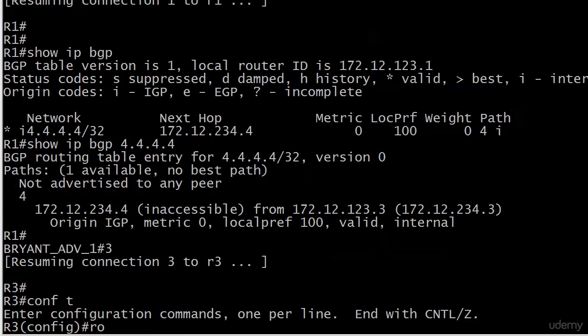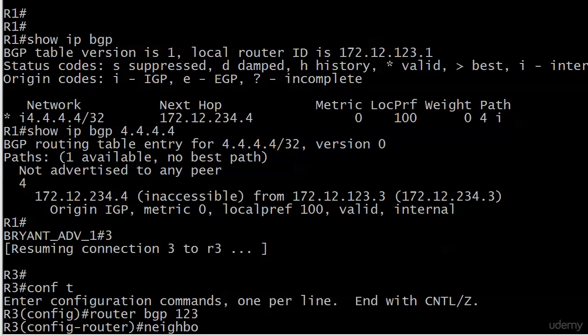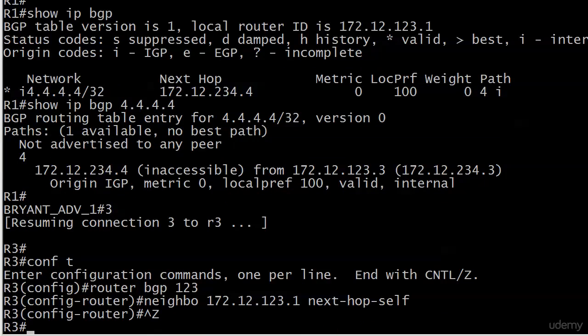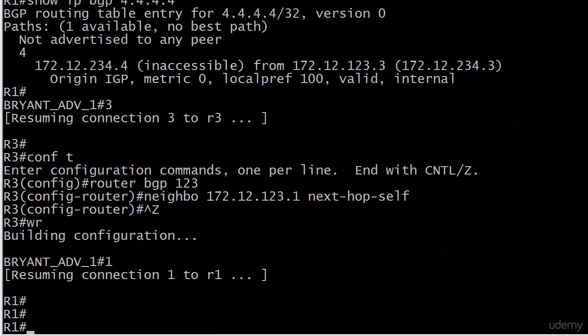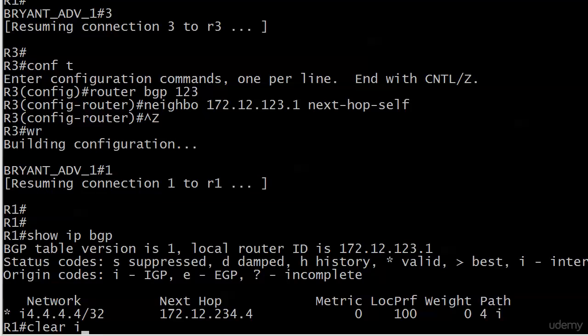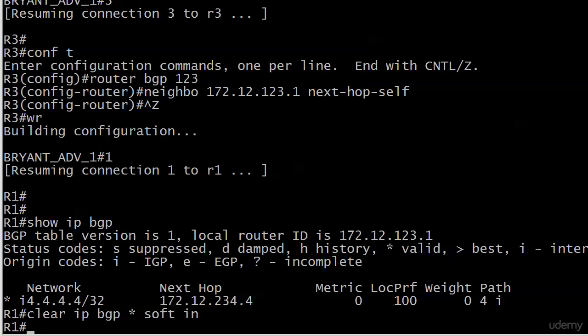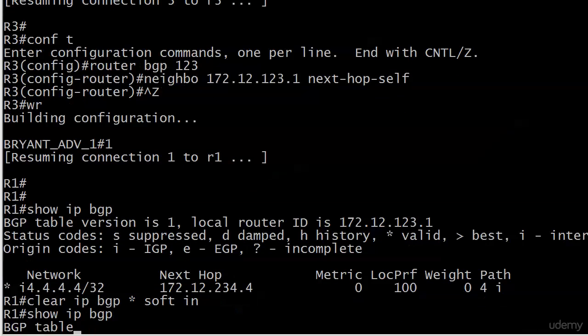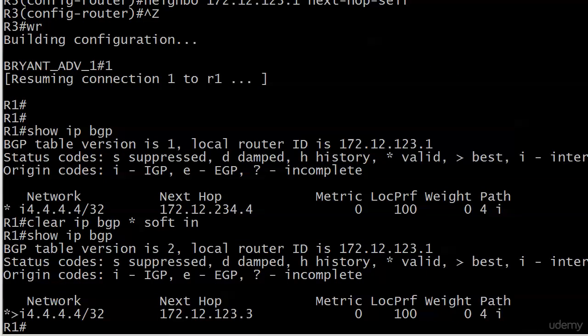We'll go back to 3, 1, and we want next hop self. Just save on the way out. Not there yet. Give it a few seconds there, being the impatient souls that we are. And there we go. The next hop is changed to 123.3, and since that is certainly reachable by router 1,